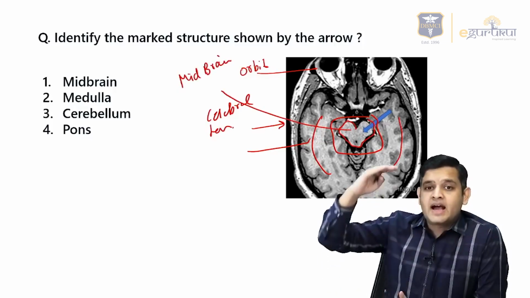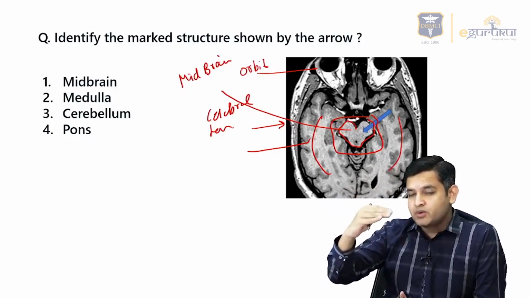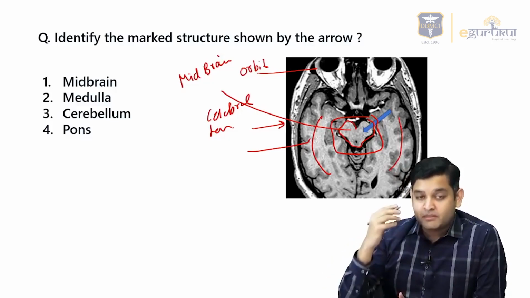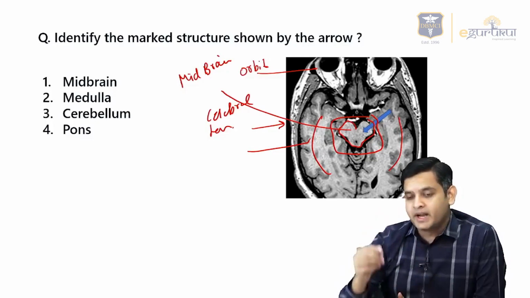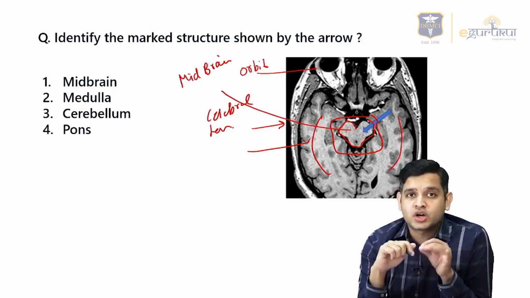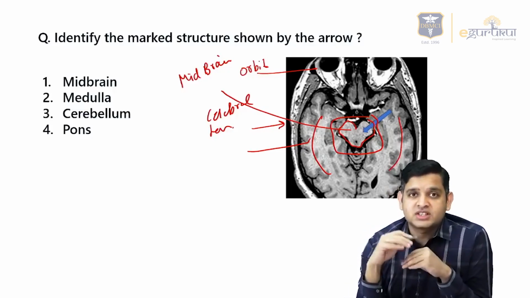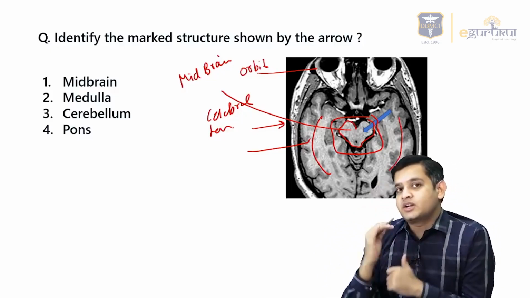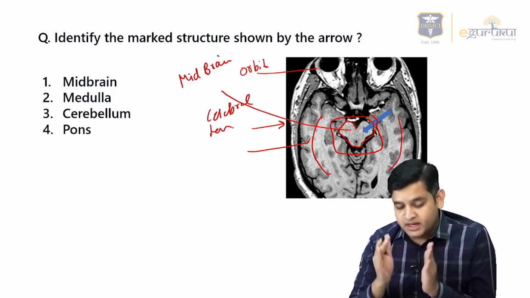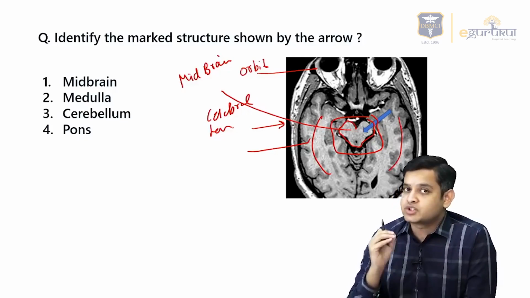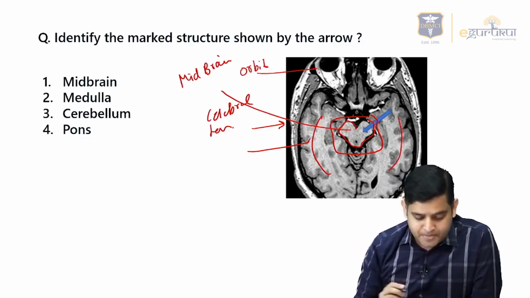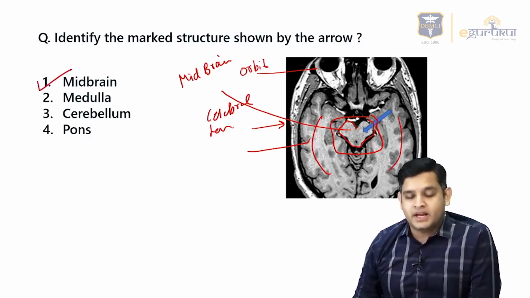Okay, it's midbrain. Had it been a slightly lower section and you would have been seeing the cerebellum posteriorly, then the pons would have been at that particular level, but this is the midbrain. As you could see, it is a much higher section. So please make sure that you are aware of the cross-sectional anatomy of not just this, but the entire brain on a transverse section. We have done that in our classes in a much detailed manner, and I always believe that this is free marks for our students. So make sure you are able to answer them correctly in the exam, irrespective of the exam that you are writing. So this is a midbrain.